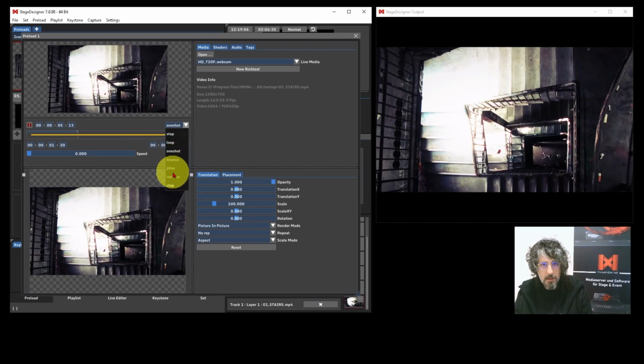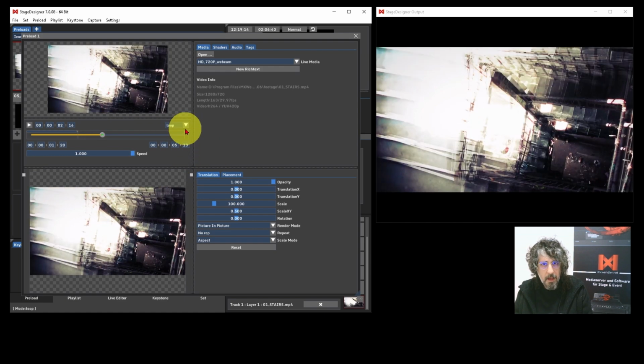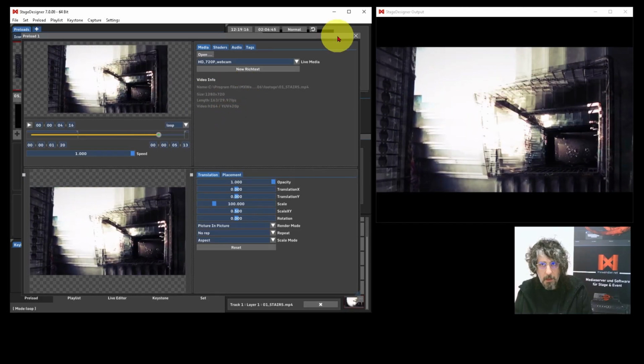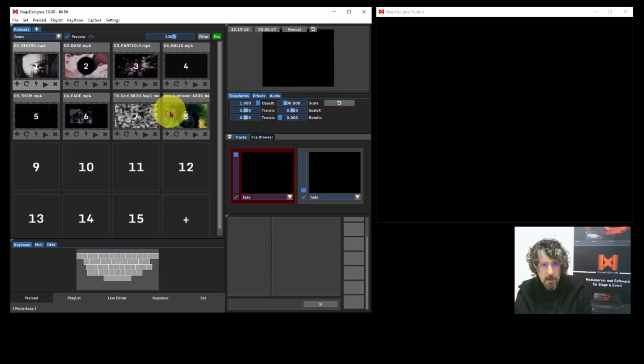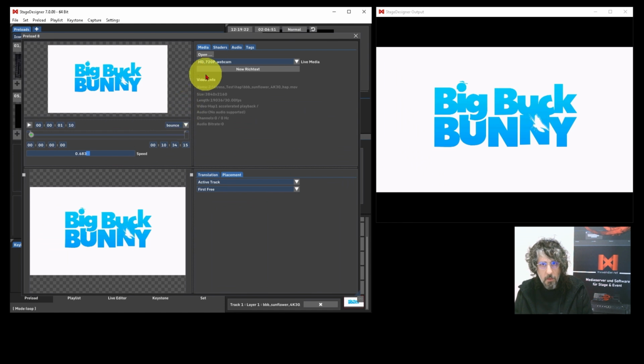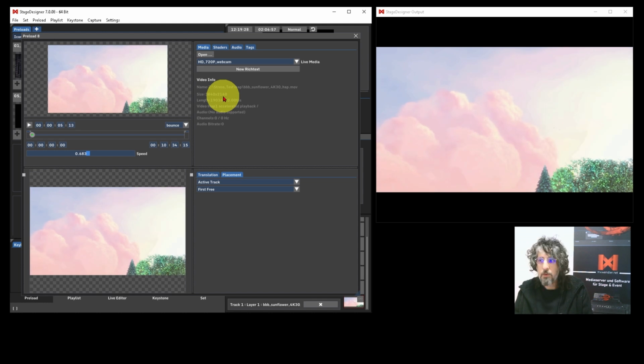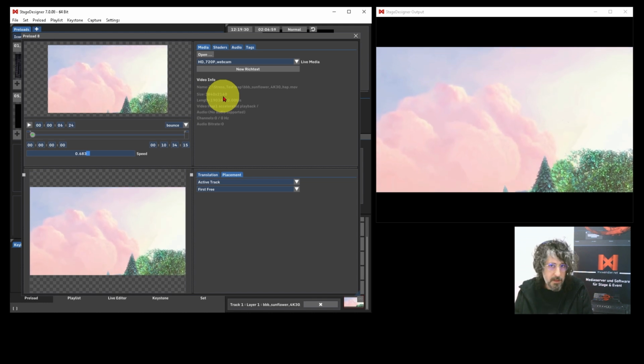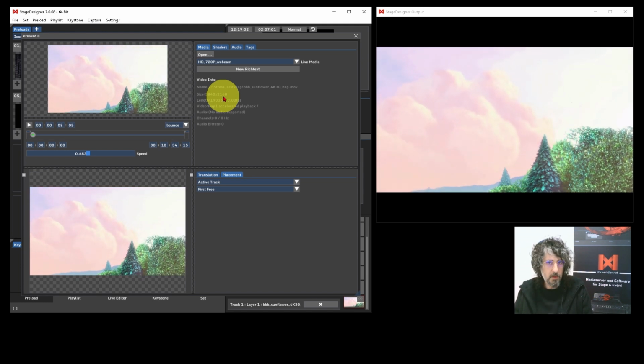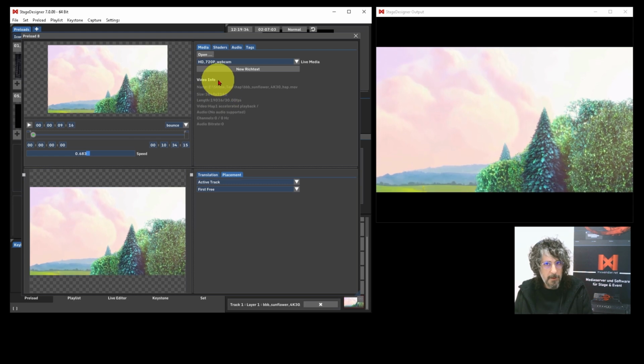As I see, there are some options here that are grayed out, which means they're not available to me, and that depends on what type of media I'm using. If I'm, for example, using HAP video files, which means that every frame in the video is a keyframe, and that is the same, for example, if I'm using image sequences or PDF files, I would